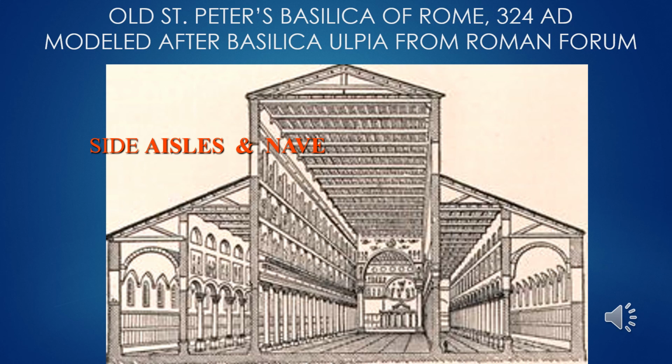So this is the drawing of Old St. Peter's, which is called that because at some point it was destroyed and New St. Peter's was built on the location of what is now the St. Peter's at the Vatican. And again, in 324, Constantine authorized this building. So when we look at Old St. Peter's, you can see the nave, that large central aisle, with the apse at the end, which was taken from Roman forms of building. And then we have the 2 side aisles.